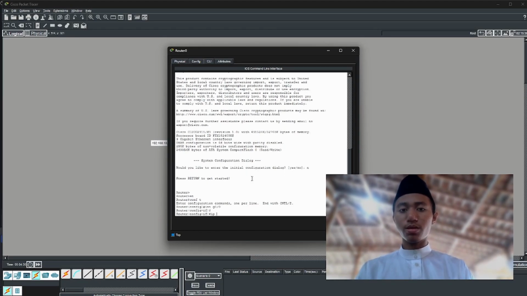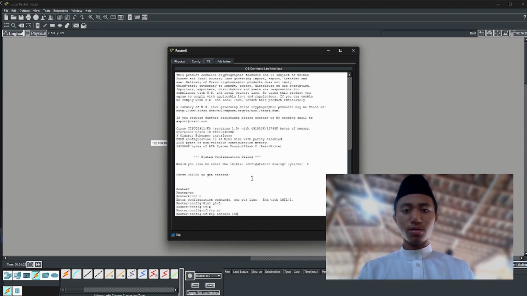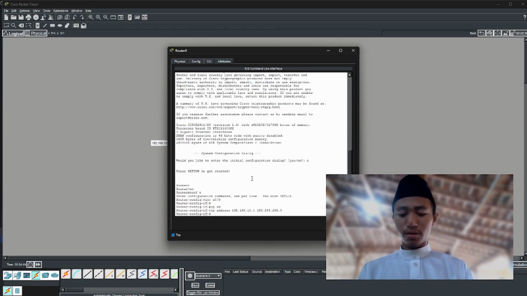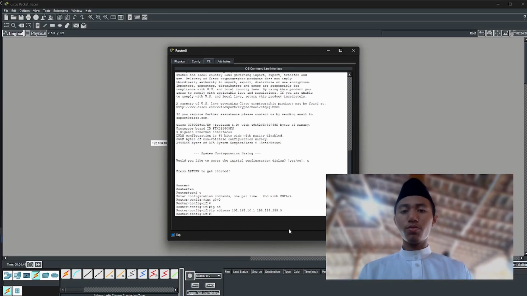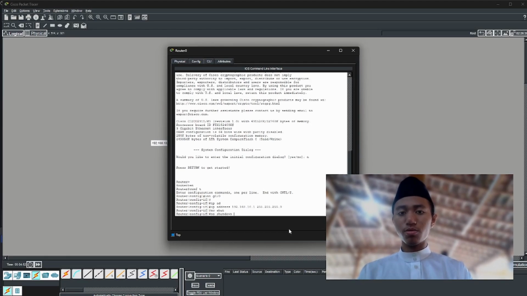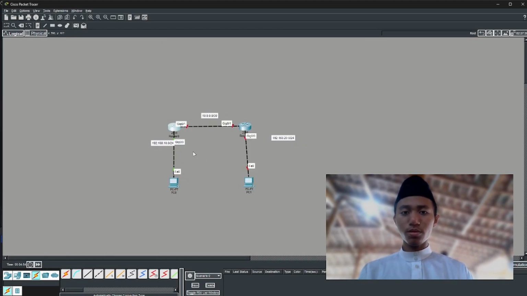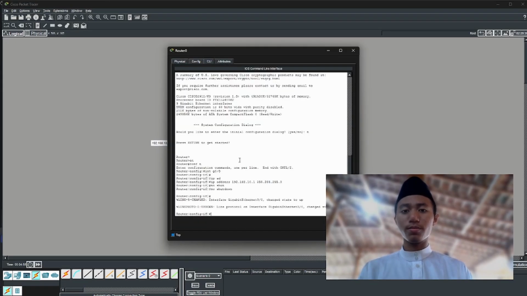Then we enter IP address 192.168.10.1 and for the subnet mask /24. After assigning an IP address, we turn the port on by using the command no shutdown. As you can see here, it's changed to green.